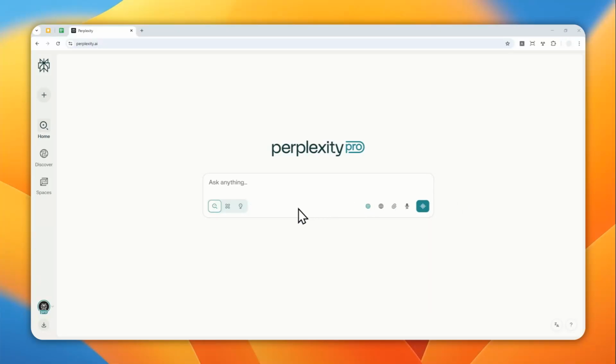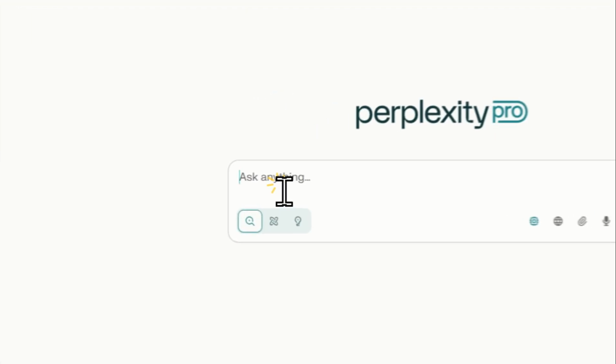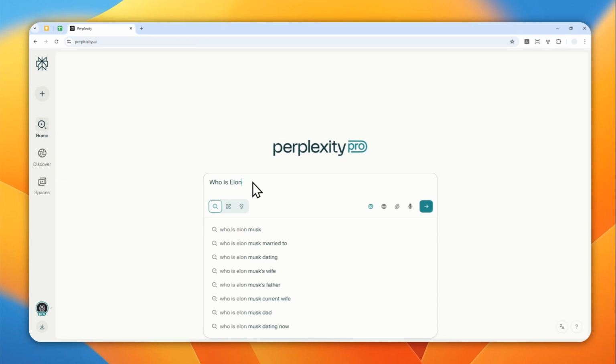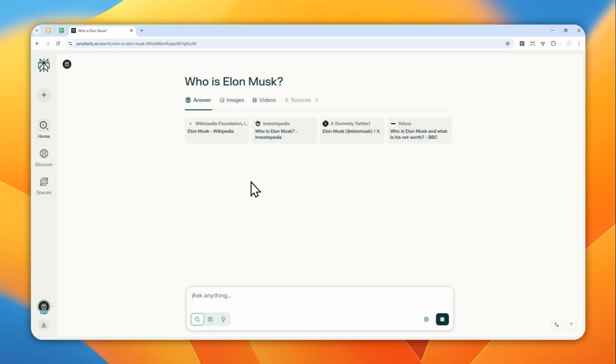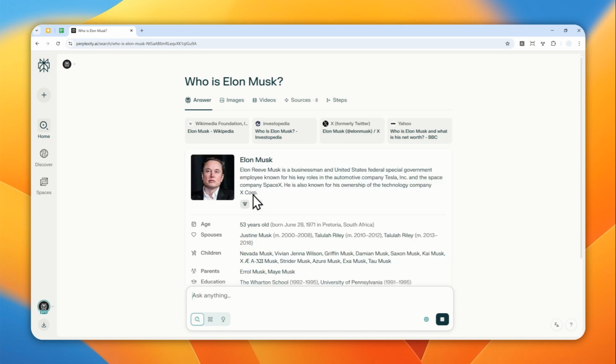You can use Perplexity to only read content from a specific source or website. Let me give you one example. So I'm going to search, "Who is Elon Musk?" And then hit enter. And basically Perplexity will use its own search engine and will search websites that contain the